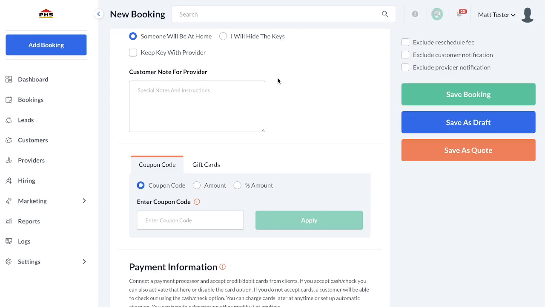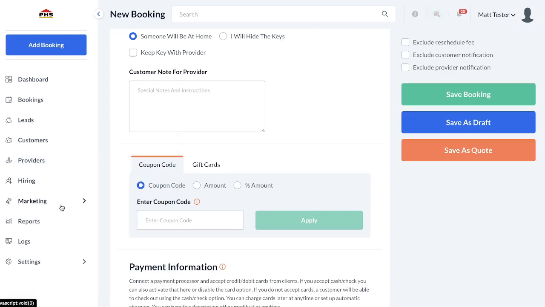That's resources that we did not have to expend to get that job. That is a walkthrough that we did not have to spend gas, time, or pay somebody to go do to potentially get a booking. So if you ask me, this is the future of the residential cleaning industry. Now I understand for commercial and for other things you may need to actually go and do the walkthrough. We still do that as well for bigger commercial jobs, but for residential and for things like carpet cleaning, where you're gathering up specific spaces, rooms, hallways, carpeted stairways, rugs, upholstery, stuff like that, you can build all of that